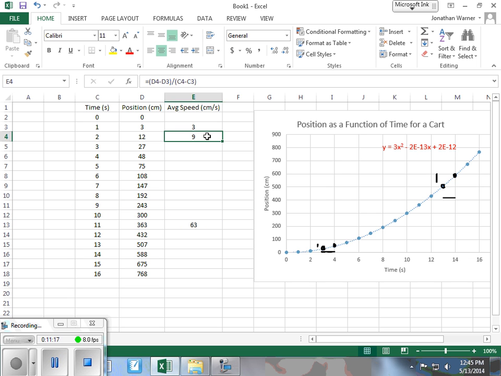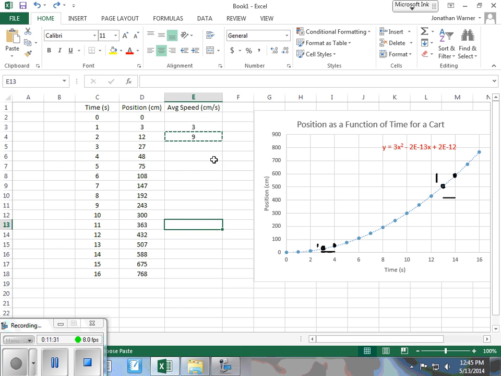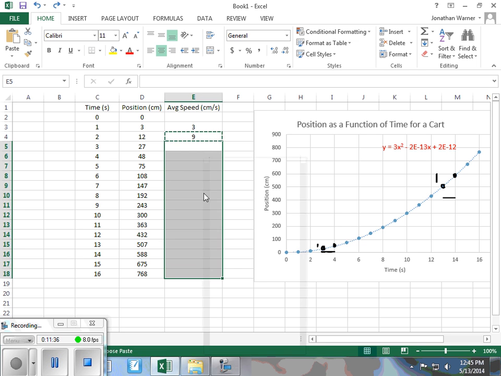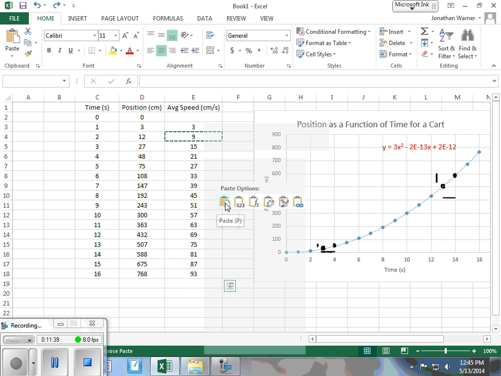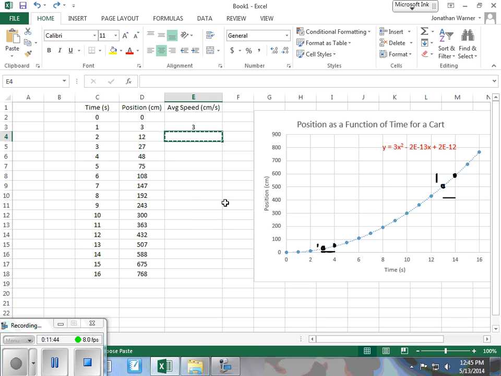Or we can do, again, a copy, Control C, and I can paste it, Control V, in all those at once. Or, I'll do that again. We can either copy and paste in all of those, paste, or, whoops, well, I can just copy this one. We can copy Control C, paste Control V,